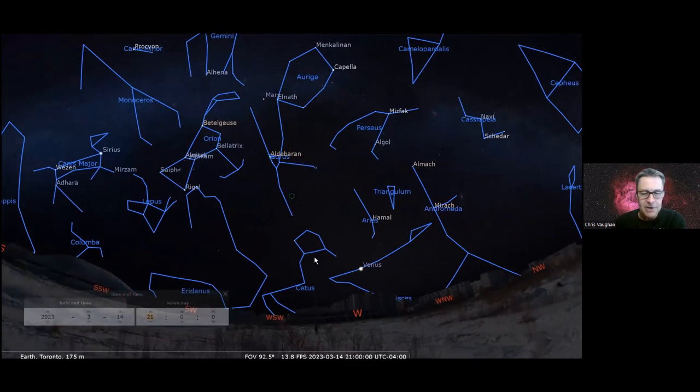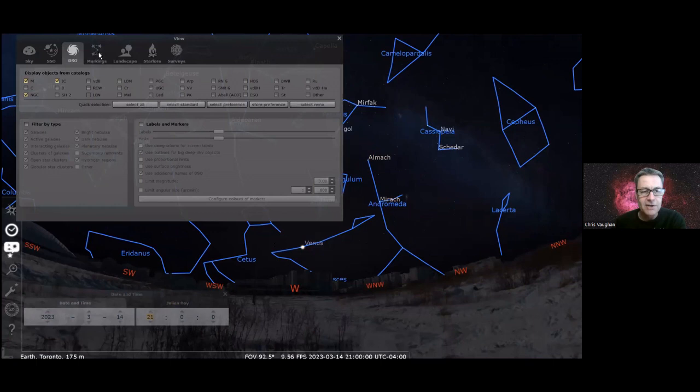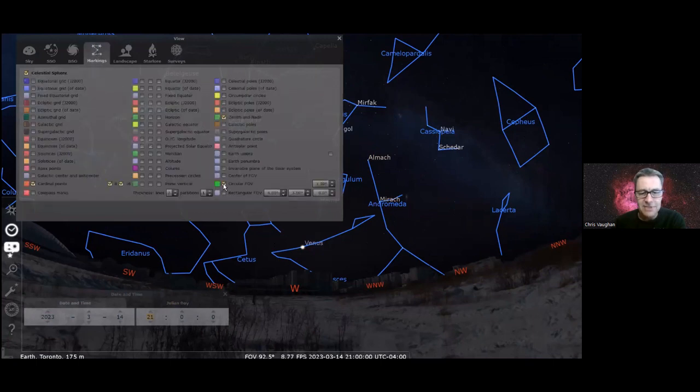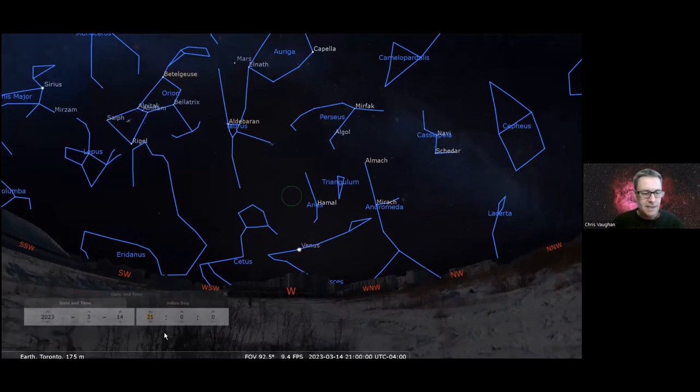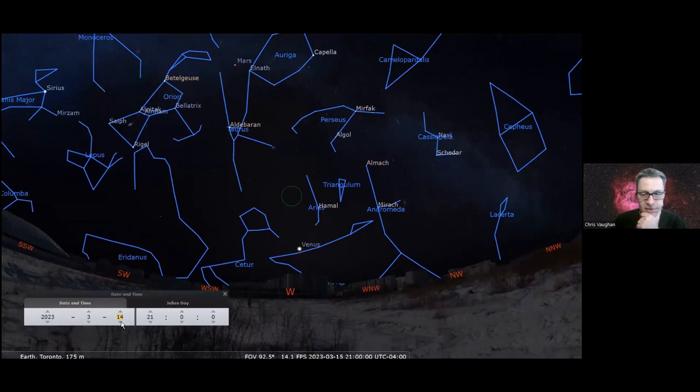So we talked about what Venus has been up to. Let me just take off this marker here. Get rid of that for a second. I'll put it back to a binocular size marker just to make it a little bit easier to give everybody a sense of scale. All right, so first one I have noted is that on March 23rd and 24th,